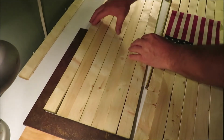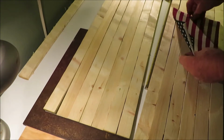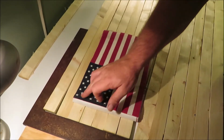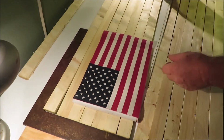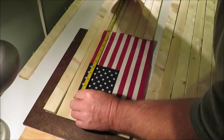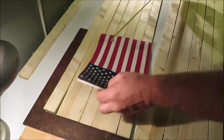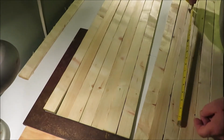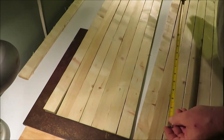What I'm doing here is squaring these all up. I have a flag here, and it's 12 inches from here to here, and it's not quite half. It's only say 5.5, a half inch from being almost half the size of it. And if I go by half the size of this flag, and we don't go quite half, that would be